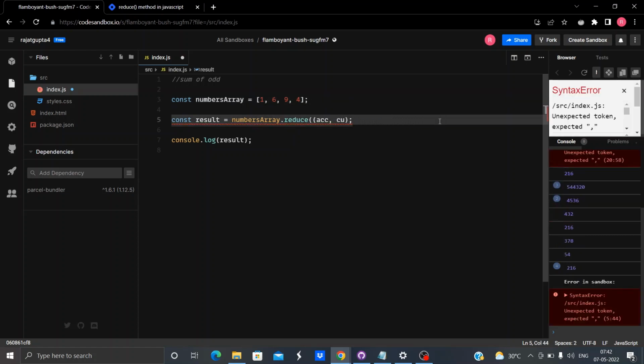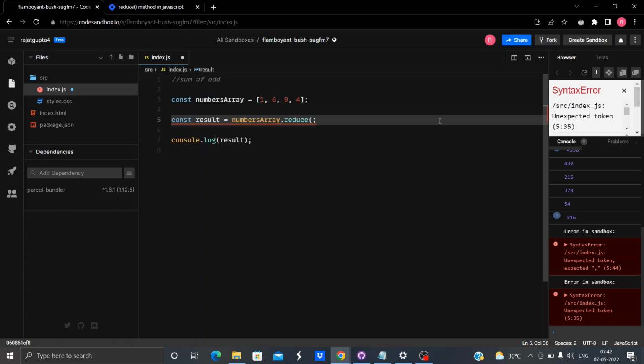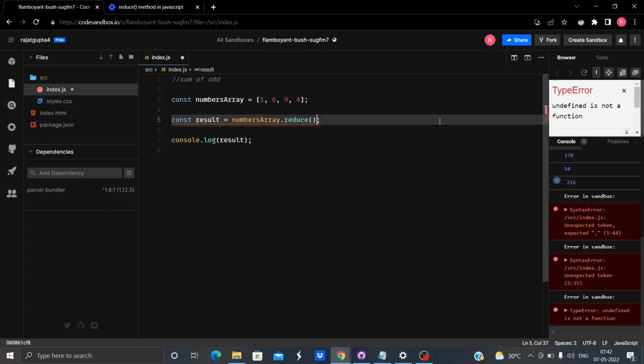Now whenever you decide to use the reduce method, first find out whether you need to use an initial value or not. So let us do it.